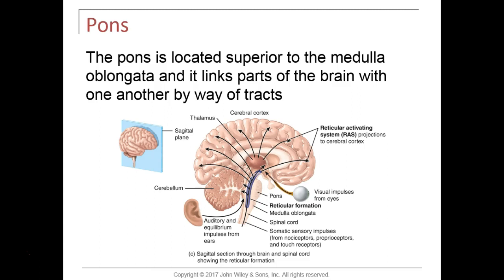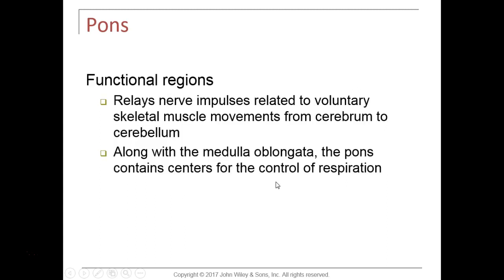The pons is superior to the medulla. It's a little bit larger than the medulla oblongata, and it actually links various parts of the brain to each other. It contains sensory neurons coming in and motor neurons coming out, which they don't really show. We'll talk about the reticular formation in a minute, but it's a major relay area. So is the medulla. Tracts coming in, tracts coming out from the various parts of the brain that we have to talk about. So the pons ultimately